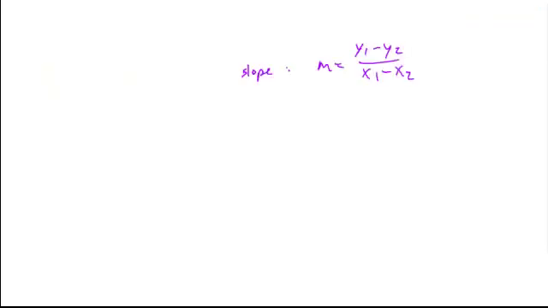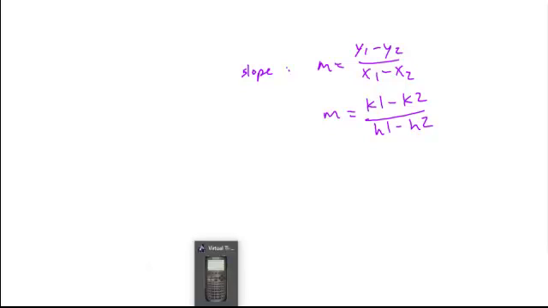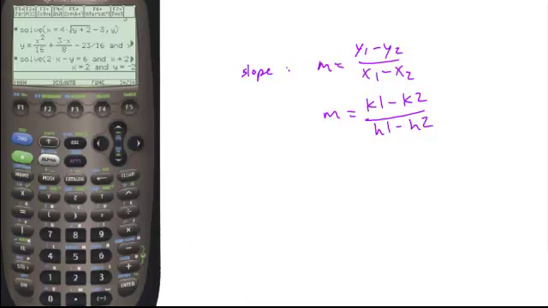If we take our general slope equation right here, and remember our calculators have already assigned y's and x's to other things, so we're going to use h's and k's for this. So we want our slope equation to be k1 minus k2 over h1 minus h2. So this is the calculation that we're going to use here. When I set this up, the first thing I need to do is select define. Define is included in this other tab, so if I go into my tabs, F4 other tab, select define,